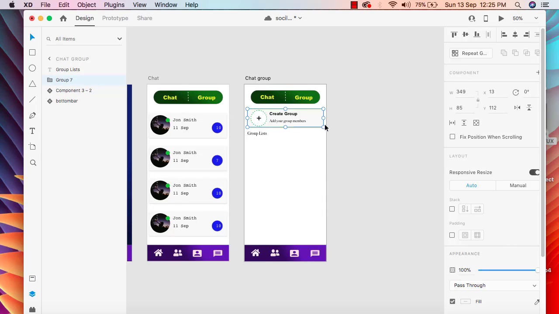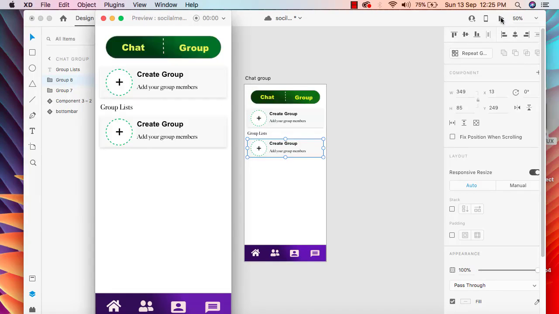Alright, and what can we do? We can simply first we need to have a duplicate one. So I'm gonna press Command D, and as we have the duplicate one here, now we can take help of this repeat group. But before that, I want to check whether it is working perfectly or not. So we got this one,